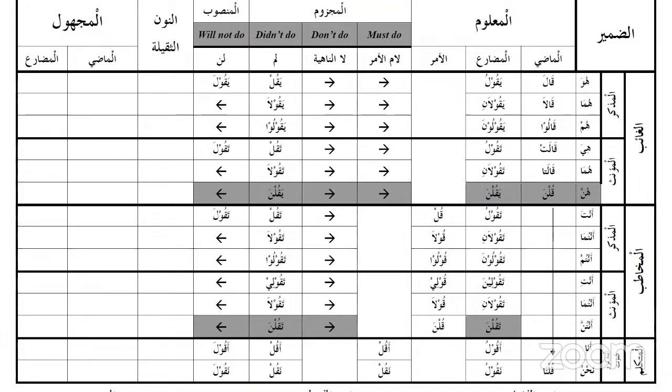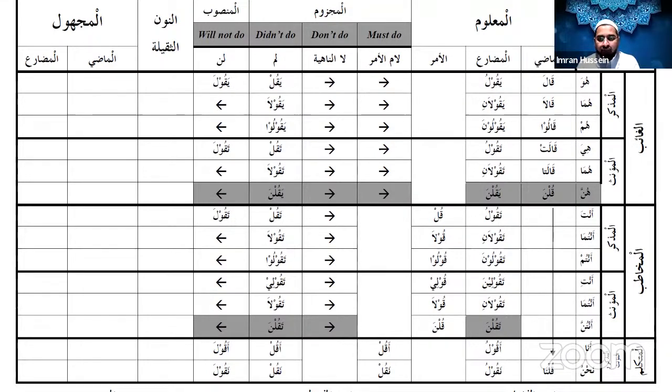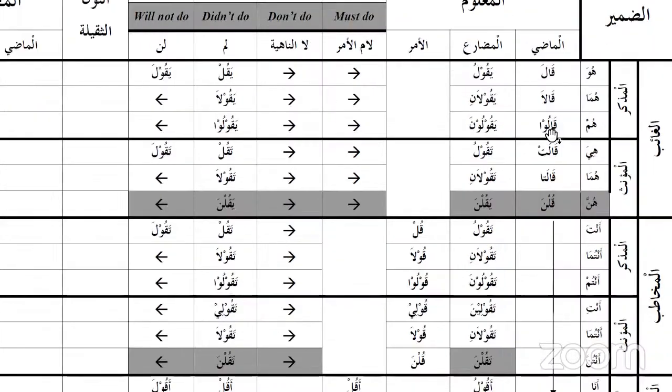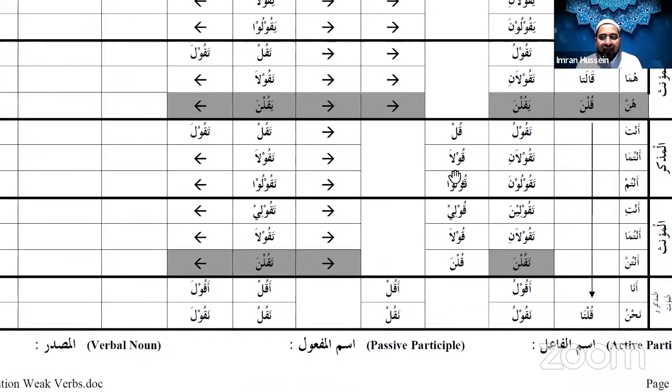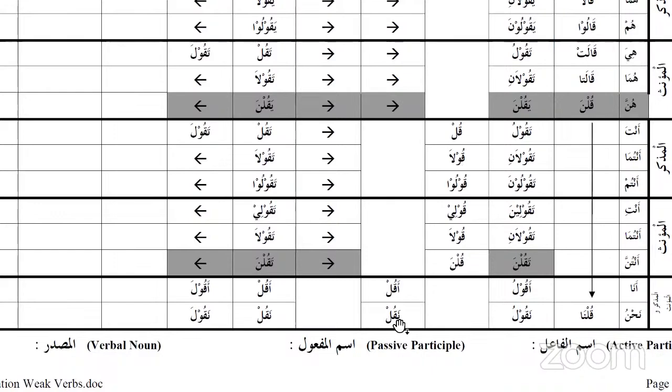Ta will be removed, lam will be silent, and waw will be removed as well. The reason why the waw is removed is that whenever there are two silent letters together, when you drop the ta, make the last letter lam with a sukoon. There is a lam sukoon and a waw sukoon. When there are two silent letters, always the weak letter is dropped. So it will be kul, kula, kulu, kuli, kula, kulna.